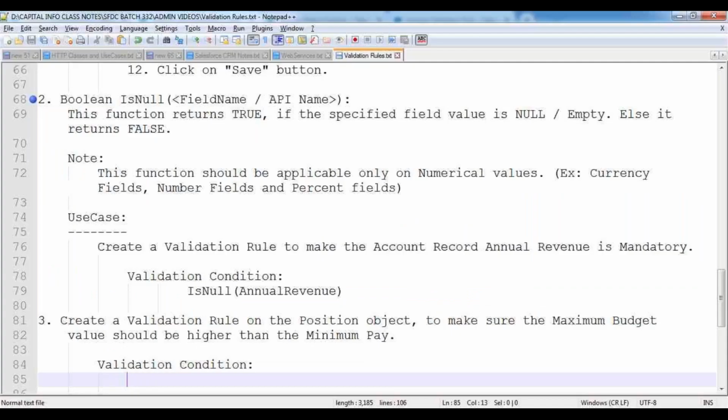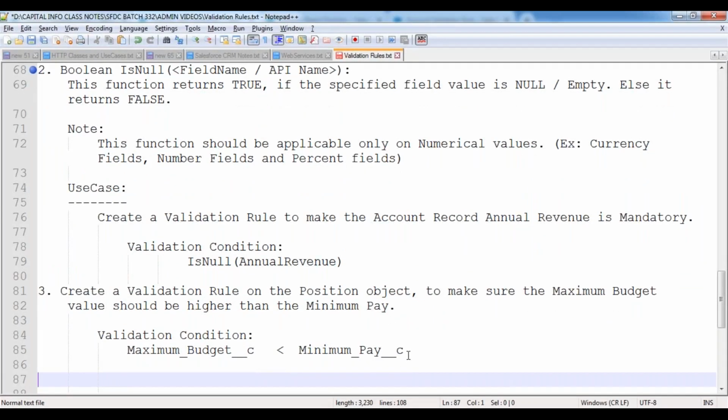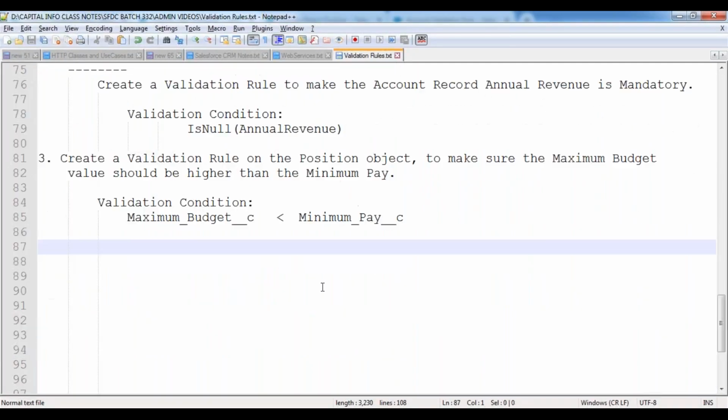Now, the validation condition. In a similar way, I would like to give a few more examples over here.